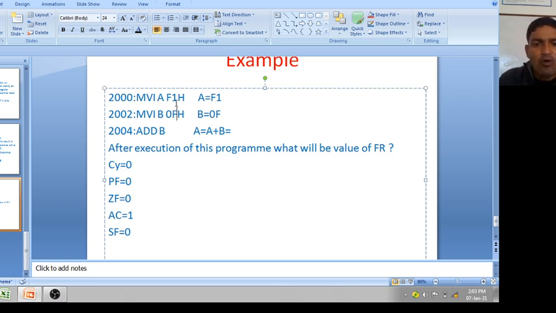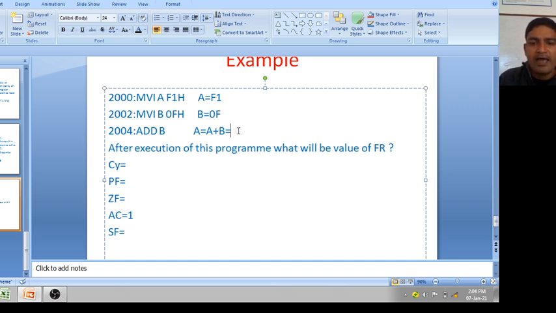Now 1 plus F, I will use shortcut method. 1 plus F is what? 0, means 16. So 16 is greater than F, so again auxiliary carry flag will be 1. We don't know what will be value of CY right now. Right now we have determined auxiliary carry flag is 1.